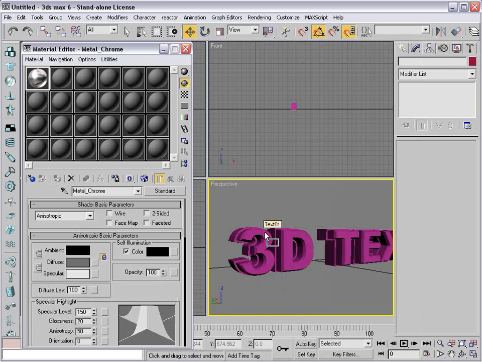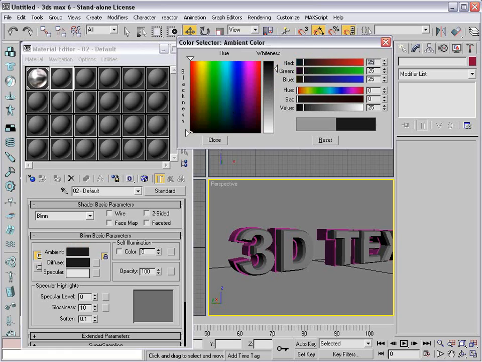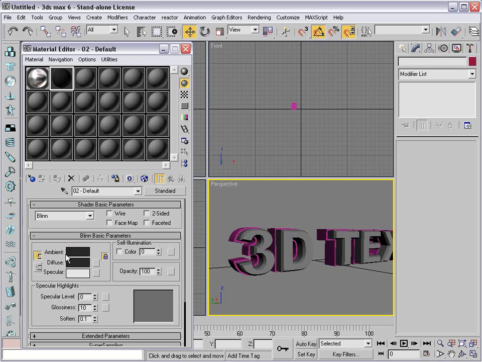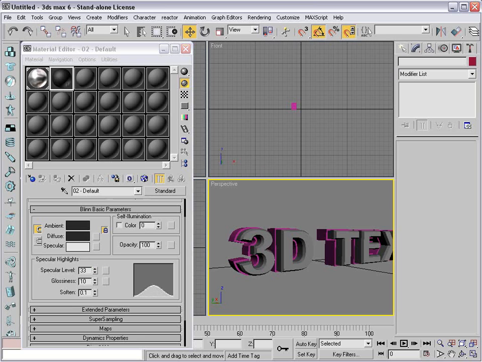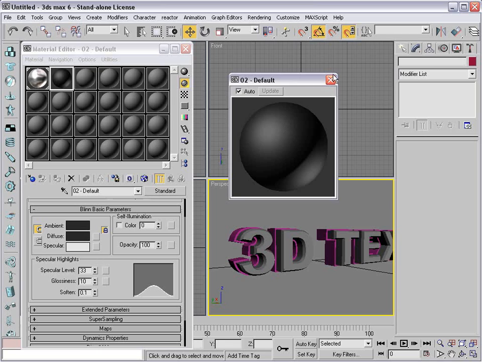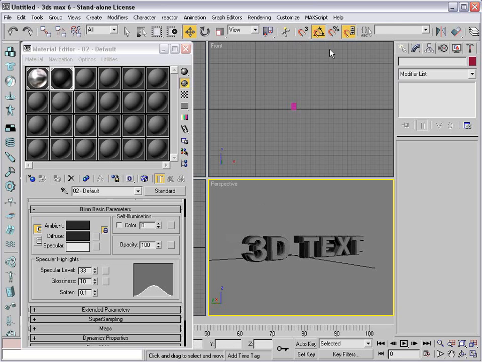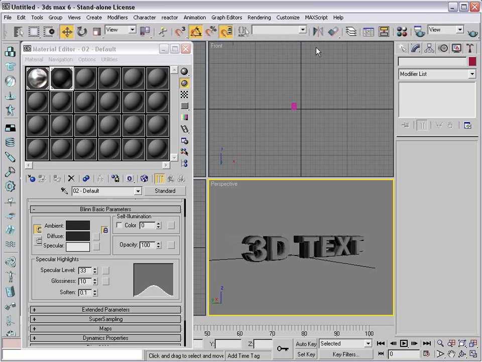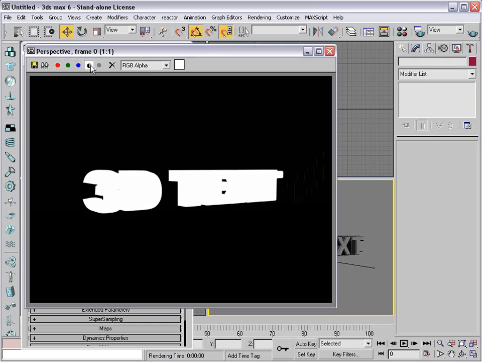And we'll drag that out to the text that's in front. And then I'm going to just edit this material, and we're going to make it sort of dark gray. And now the diffuse and ambient, those colors are usually locked, and that's okay. And we'll go and increase the specular level so that it sort of has a little bit of a highlight. And we'll apply that to the background. And so now, if we just quickly render this out, hit the teapot, you see we've got some 3D text